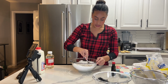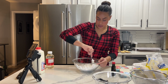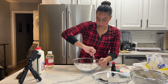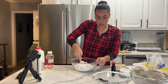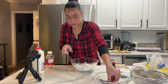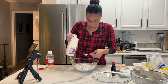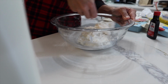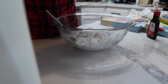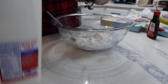Video, it seems like it takes a little while, so I just have to take my time with it. She said usually she ends up having to put another tablespoon of milk, so I'm gonna see. But yeah, I think I need 1 more tablespoon of milk, so I'm gonna go ahead and add that. I feel like I need more milk because I did over add on the powdered sugar. So I'm gonna add a little bit more